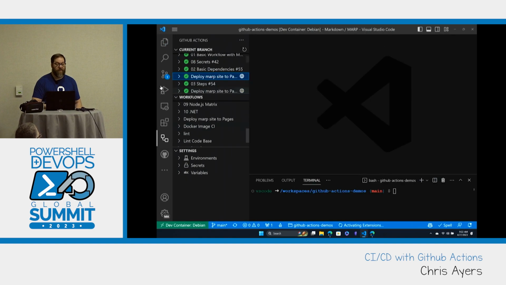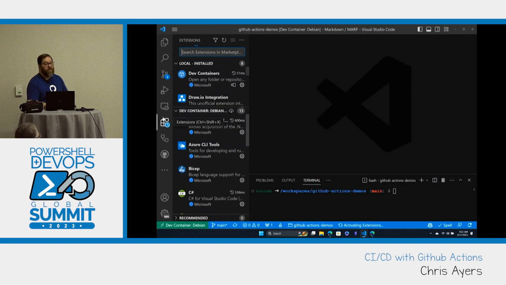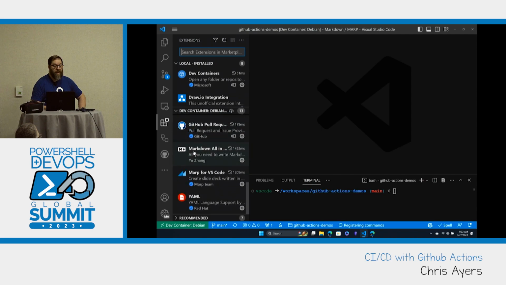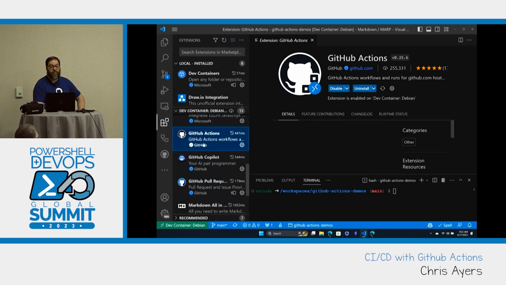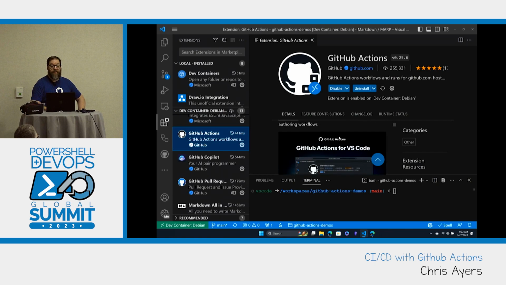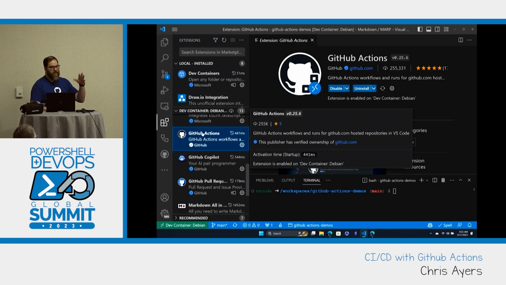VS Code. There is an extension that they've added for GitHub Actions in VS Code right here. You can go find it. It is the official GitHub one. It's awesome. My repo actually has a dev container. If you know what dev containers are, this has a dev container set up for markdown editing and the